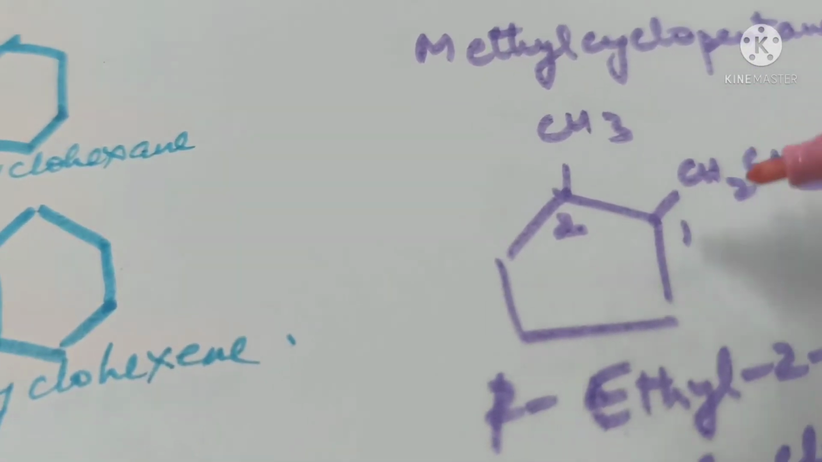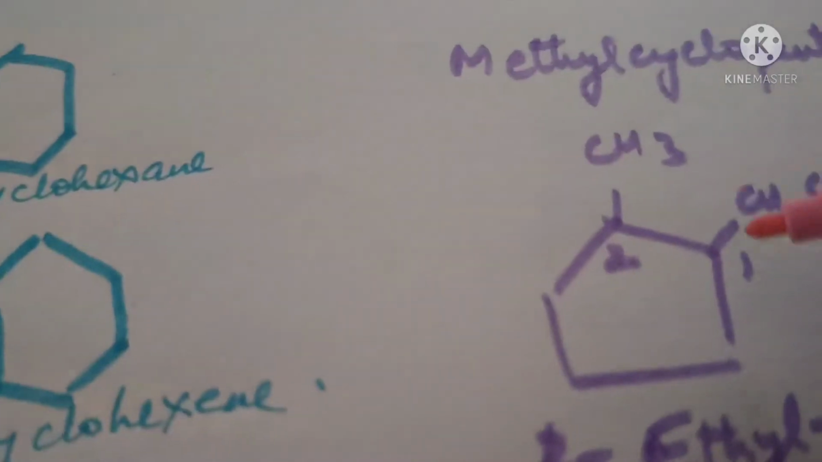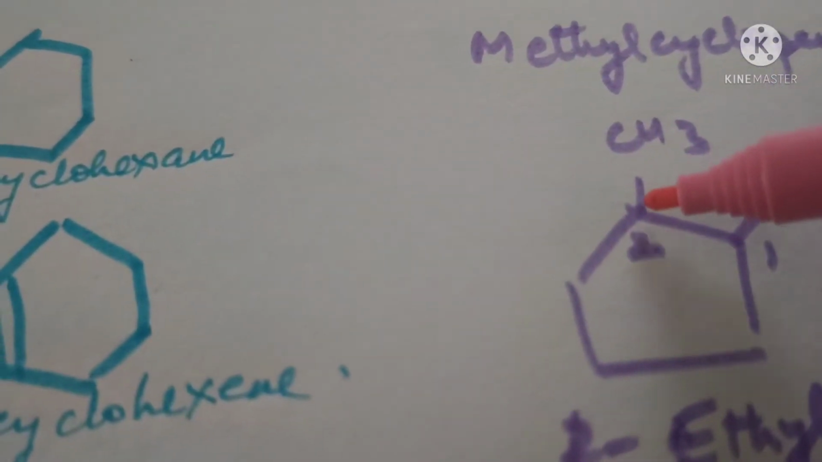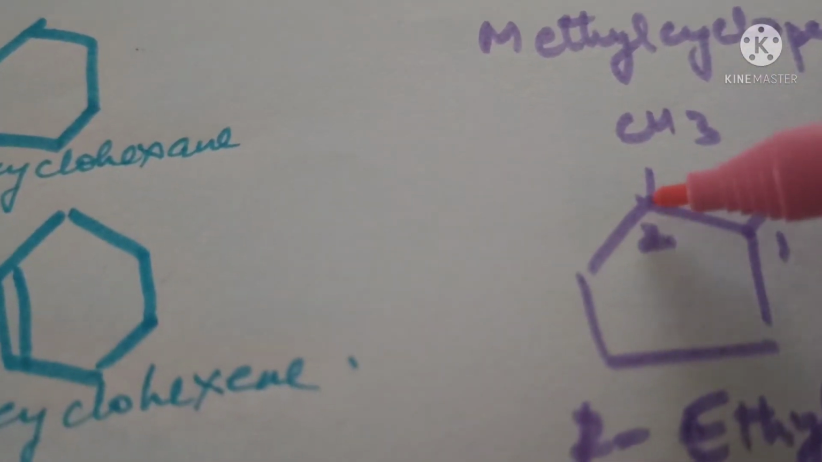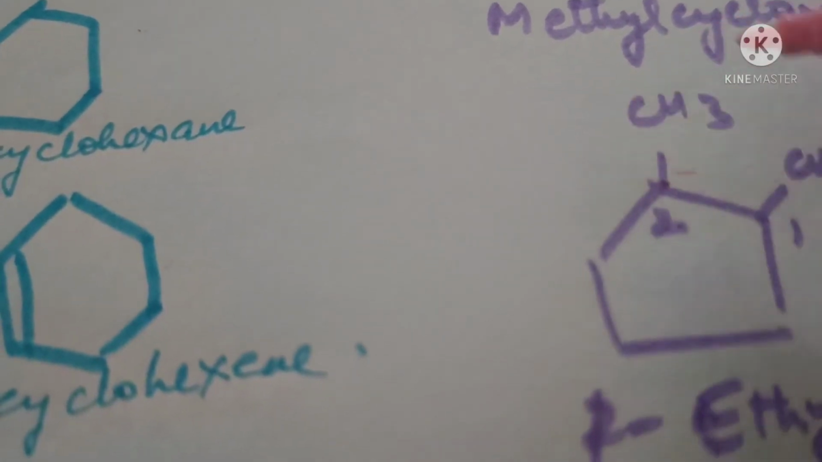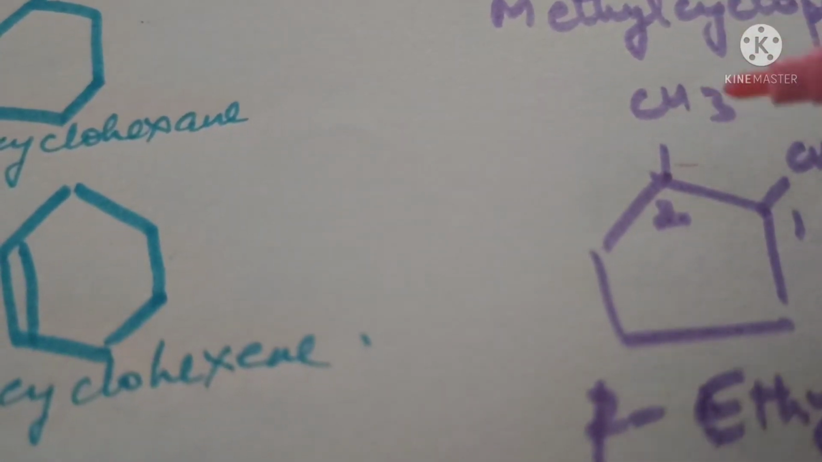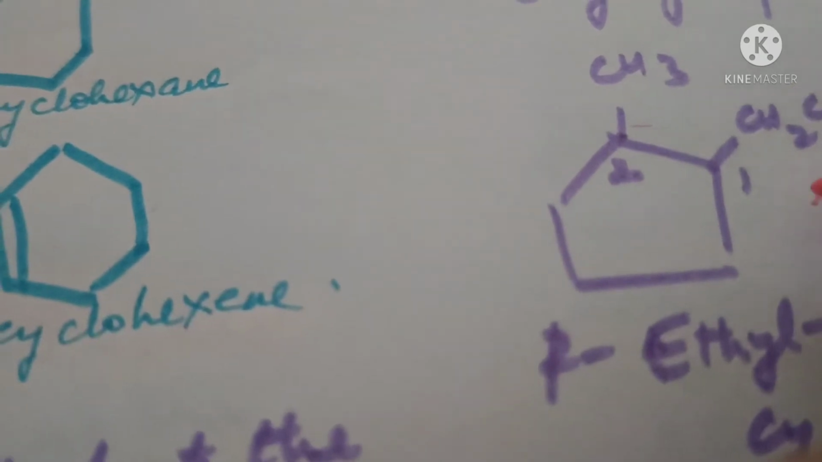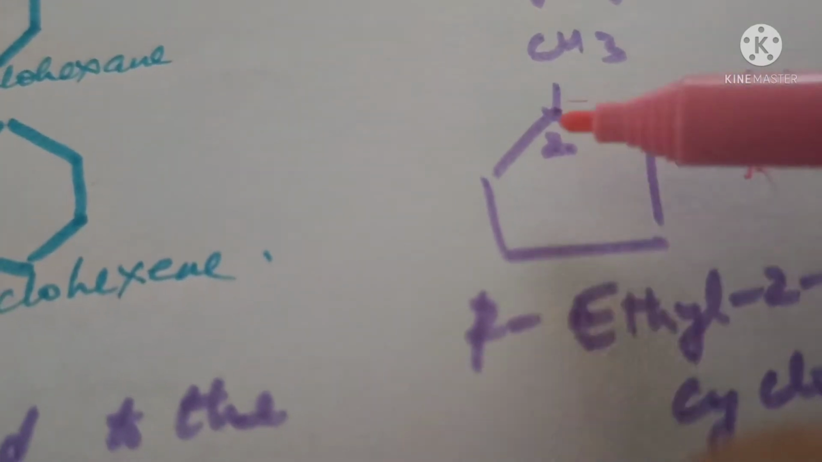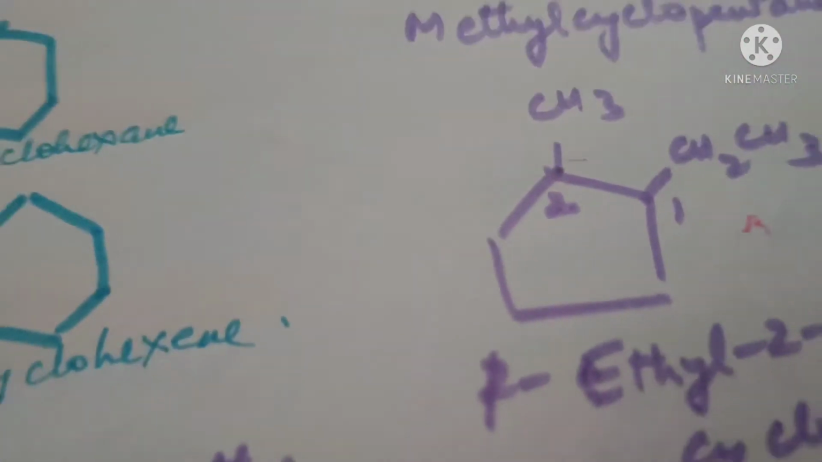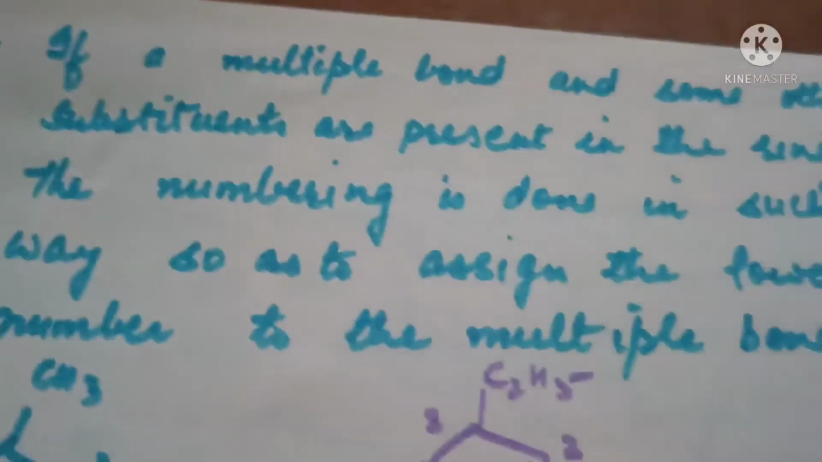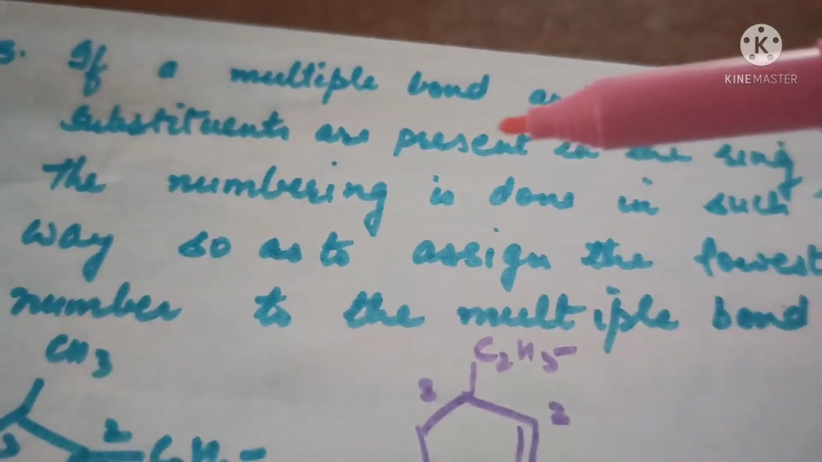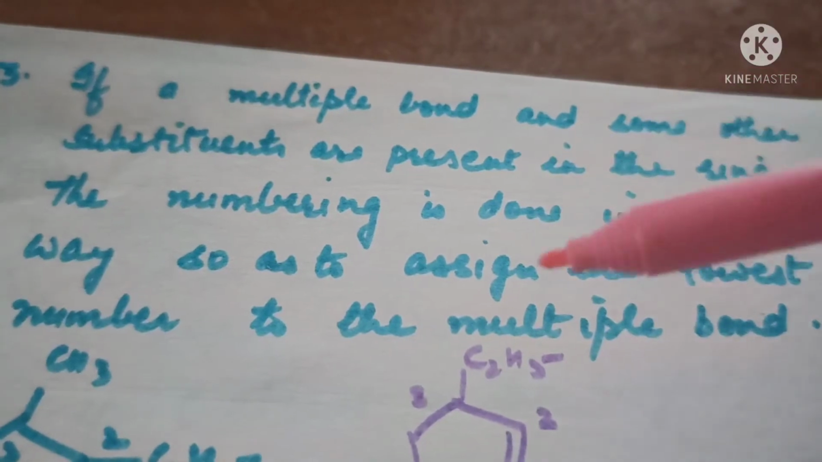So E comes first, so this is numbered first. The next carbon will be this one, because methyl will get a lower locant over here. So the name will be 1-ethyl-2-methylcyclopentane. If a multiple bond and some other substituents are present in the ring, then numbering is done in